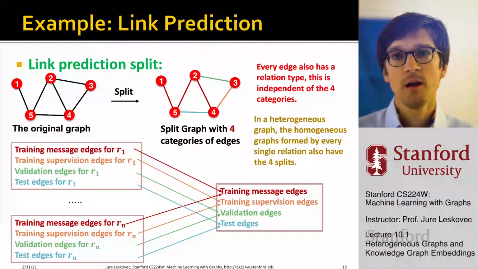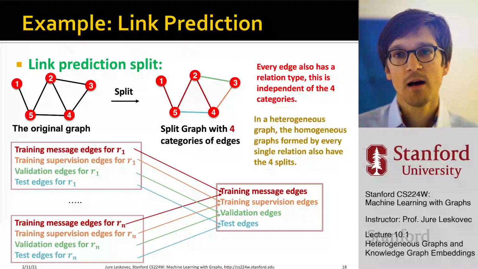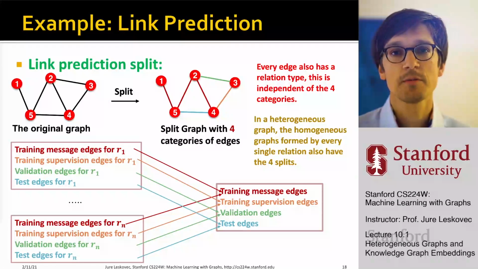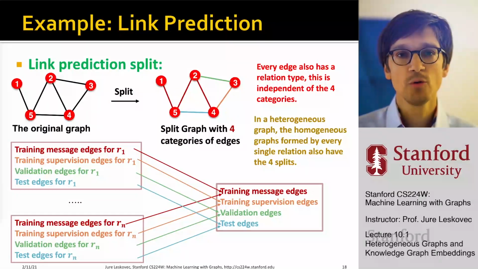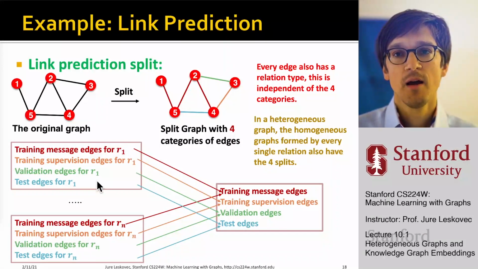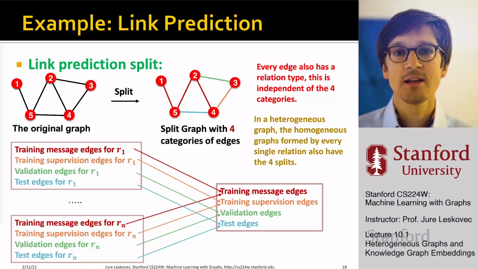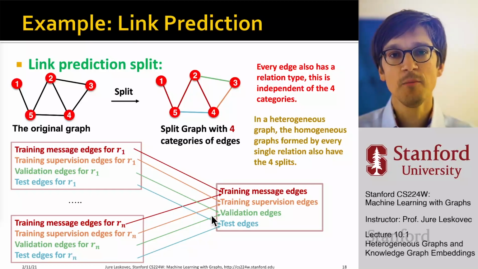For link prediction, things get a bit more tricky because now links have different types, and we don't want to simply split links randomly as we did so far, because some relation types might be very common and other relation types might be very uncommon. So for every relation type, we would like to split it between training message edges, training supervision edges, validation edges, and test edges. And then we do this for every relation type and merge